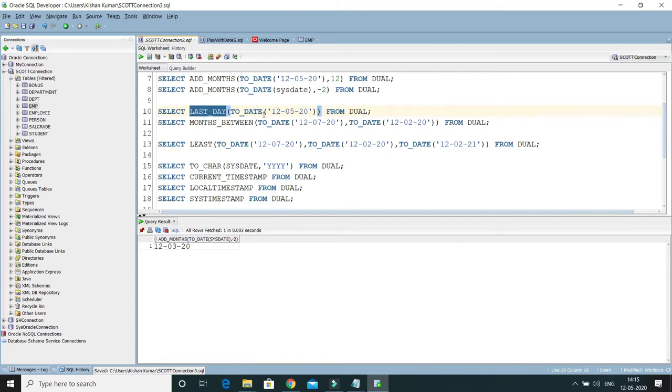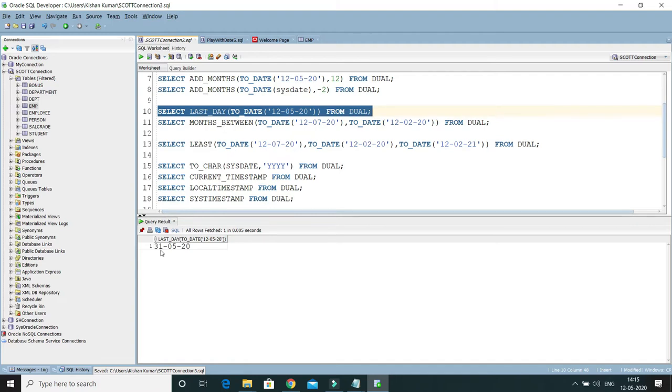Now let's see the next example. Let's say you have some date, you pass it to the last_day function, and ask it to tell you the last day of this date. This is May 20, and in May there are 31 days, so last_day returns the 31st.